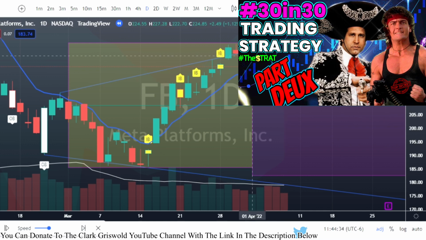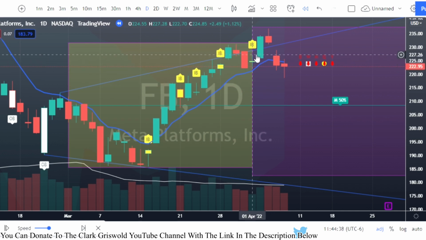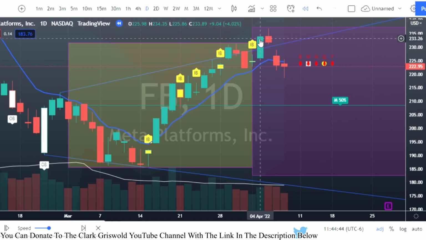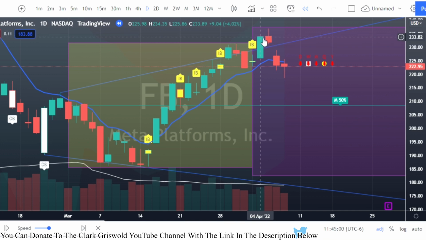So this was our first bar, this inside bar. And this could have been a great play for us, okay? A 2-1-2 reversal to the upside, okay? So you could have taken this for really good money. And I imagine if you go back and look at my daily plays on April 4th, this probably would have been one of our setups on Facebook, okay? So it would have been a really good jump up here. You would have made a lot of money on that one, okay?